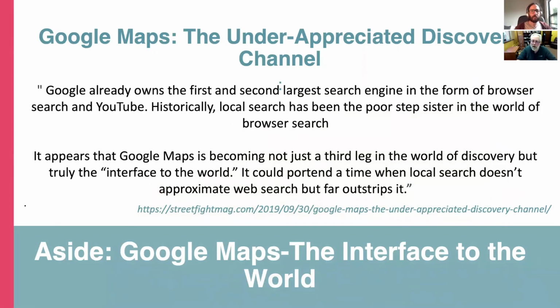We wrote about it in Street Fight fall of last year, that Google Maps is a largely underappreciated discovery channel. Historically, it's been used for recovery. You're going someplace, you want to know where it is. But Google has been making more and more efforts to turn it into an almost Instagram-like discovery environment. And it's my contention that being Google's interface to the real world and being so tied with mobile, it's